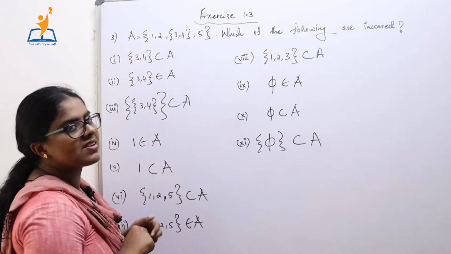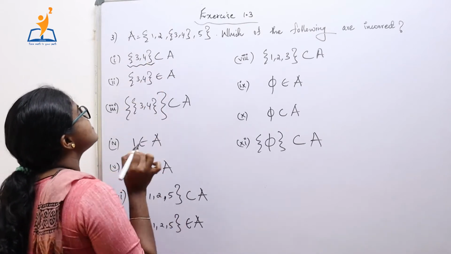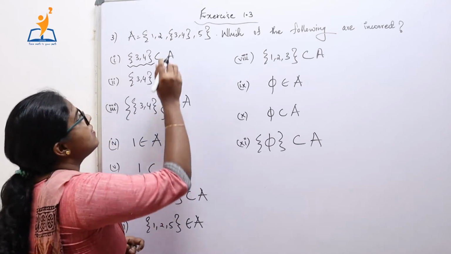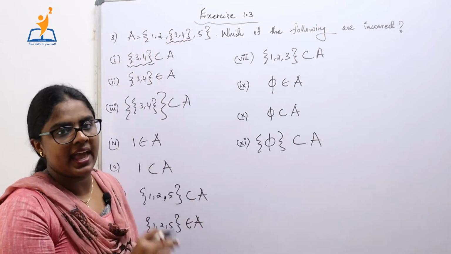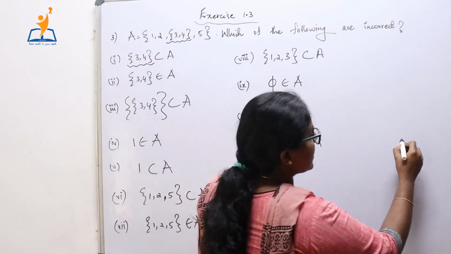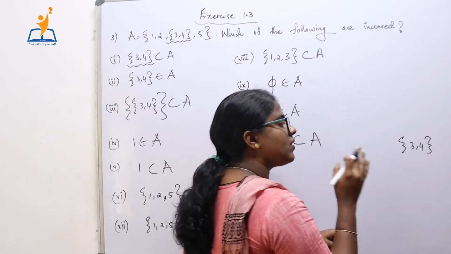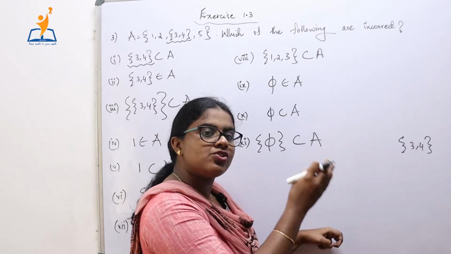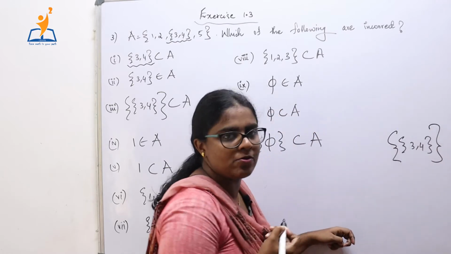We have to check whether this particular set is a subset of A or not. By looking into our set A, we can find that this particular set, that is {3, 4}, is an element of set A, because we can find {3, 4} here as an element of A. An element becomes a subset only if it has a set bracket outside it. Since {3, 4} is an element of our set A, to make this element into a subset, we have to put set brackets outside that.